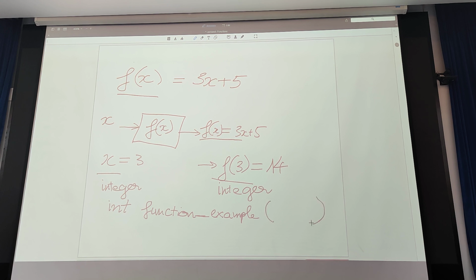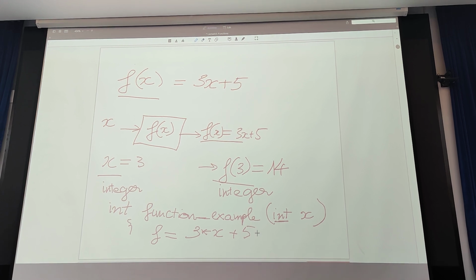And then you have to define the input. You have to define the variable and the data type of that input variable. And inside, you can create f, you call f is equal to 3 multiplied by x plus 5.